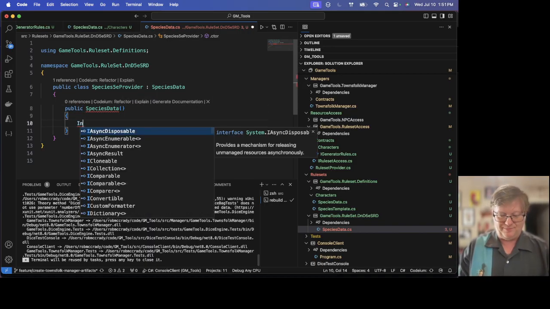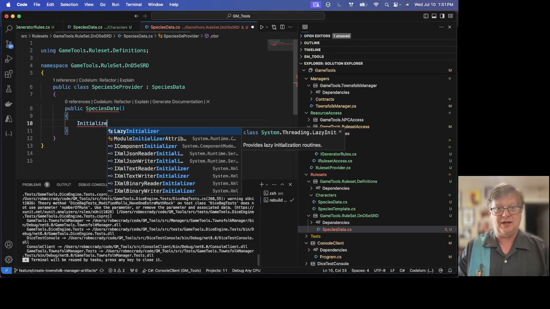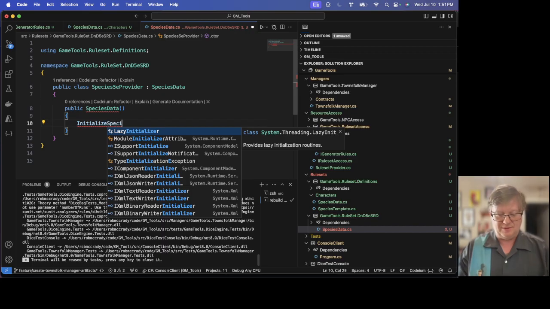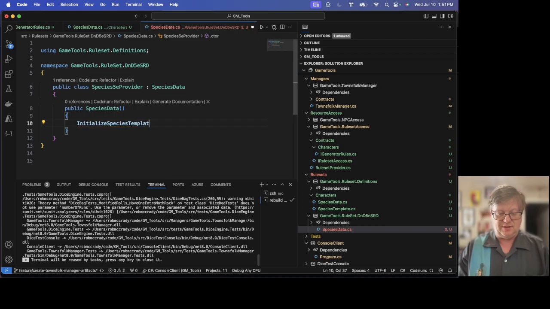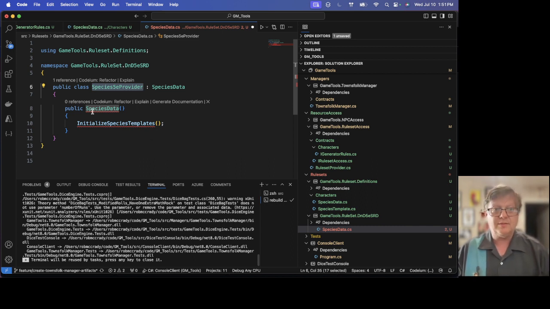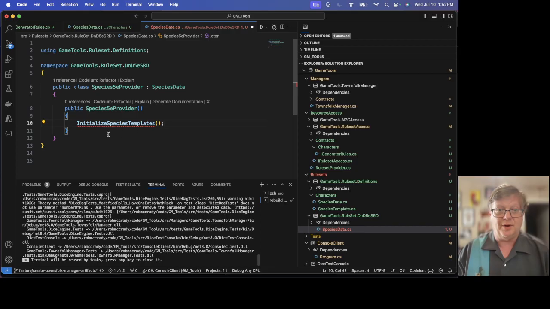And initialize species templates. There we go. Now, down here,